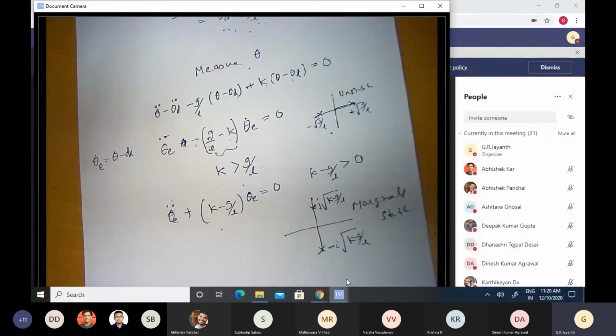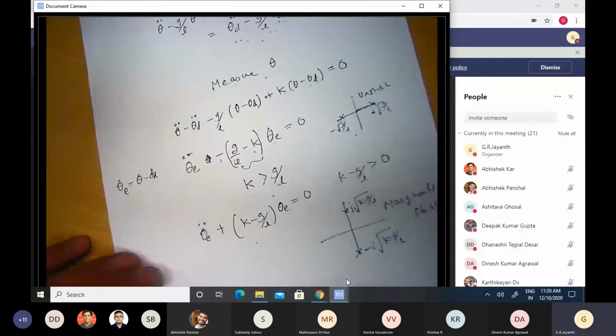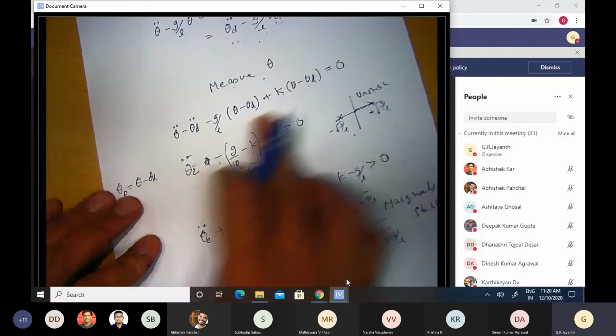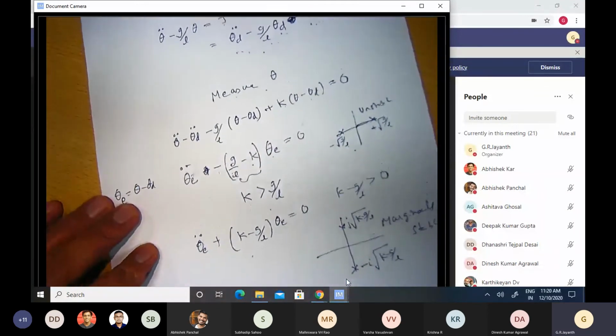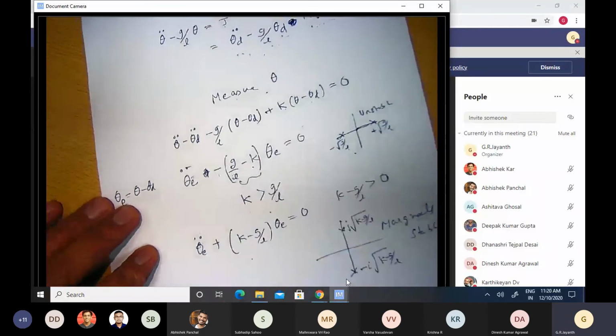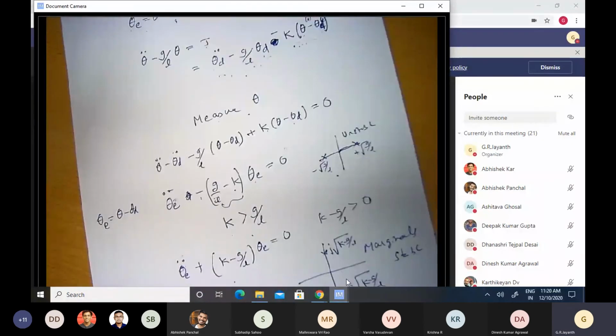Okay. Let us try to see how that is possible. So we have this as the expression if I am able to measure theta alone. But suppose in addition to measuring the angle, I am also able to measure the rate of change of angle as a function of time, theta dot. I have some sort of a tachometer there with which I can measure theta dot. Okay, some encoder which gives me theta dot as well.